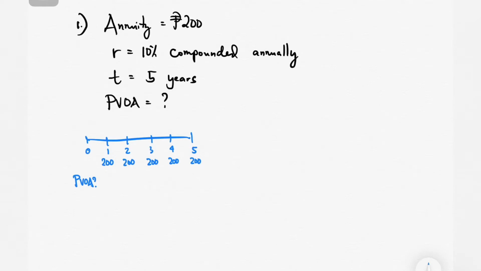To compute the present value ordinary annuity, you need to present value single sum each of the cash flows that you have in the illustration. So you will present value single sum them to time 0. There is a formula to compute the present value ordinary annuity in one go, but let me first do it using the single sum formula. So what I will do is apply the single sum formula to each of the cash flows that I have. As discussed, to compute the present value single sum, you need the